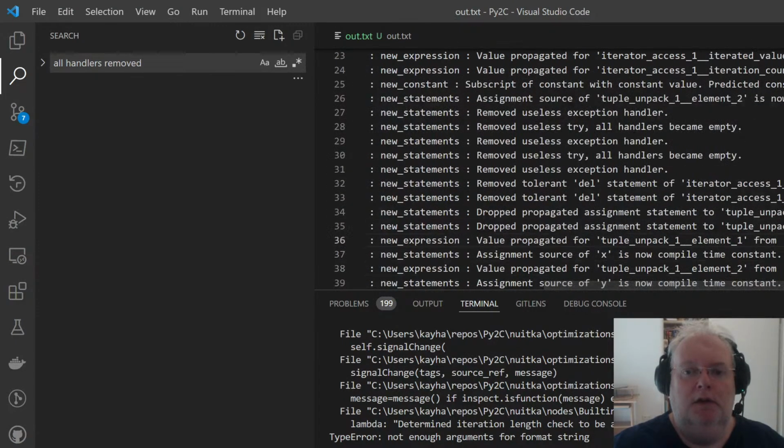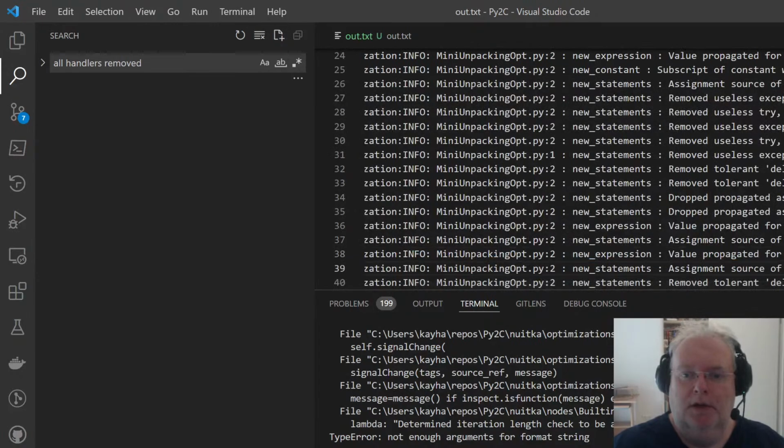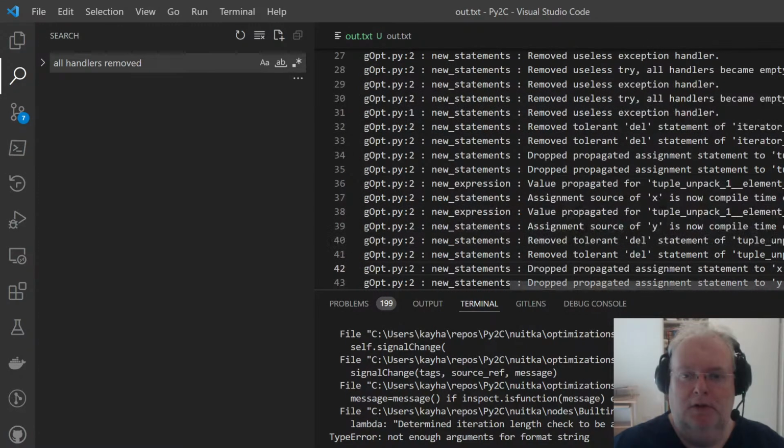And then the assignments from the elements get propagated, and again, a value gets propagated to X. X is now compile time constant. Y is now compile time constant. They do not have an impact here as well.